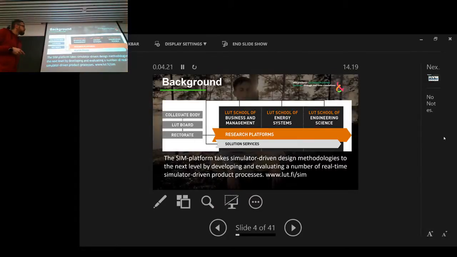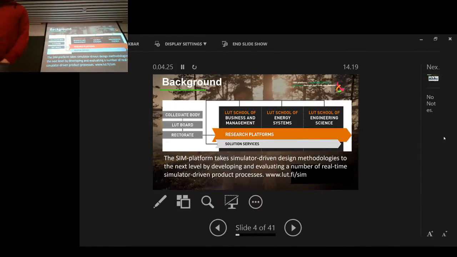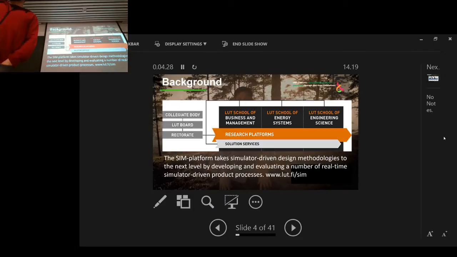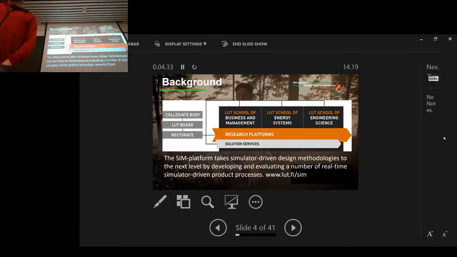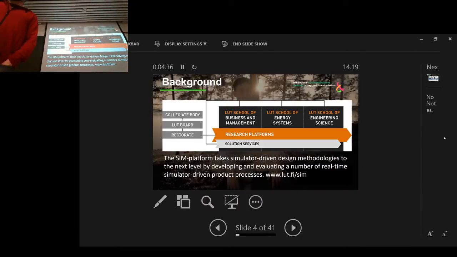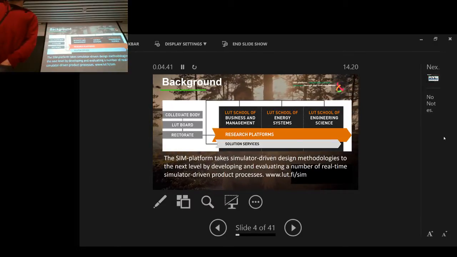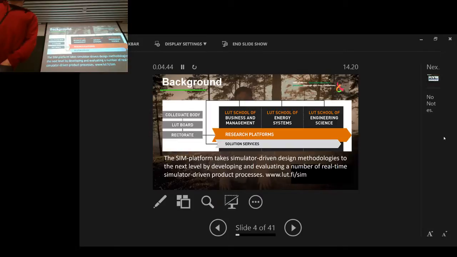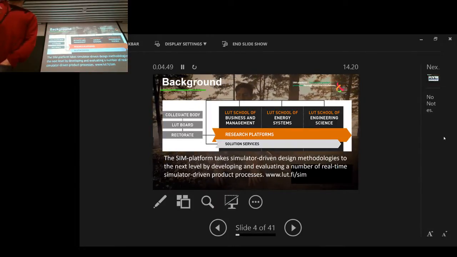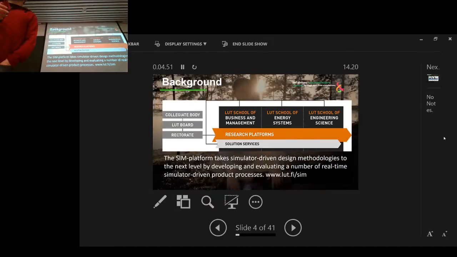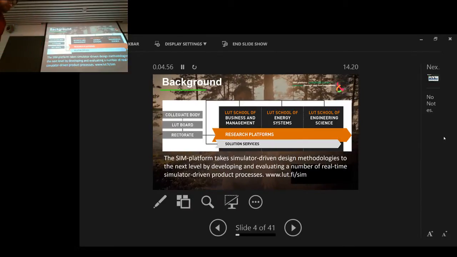And I want to get started by explaining a little bit of background. First of all, why am I here? A person from mechanical engineering explaining something to students from industrial engineering. Well, this is all related to the SIN platform. And this university has a total of 6 different platforms. These are research consortiums that are made in order to encourage internal cooperation within the university. And all this started